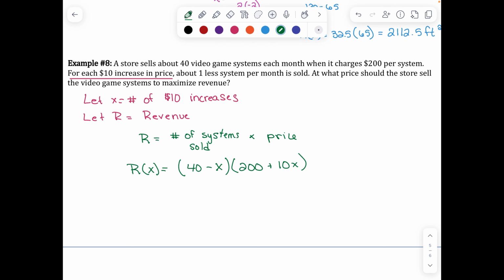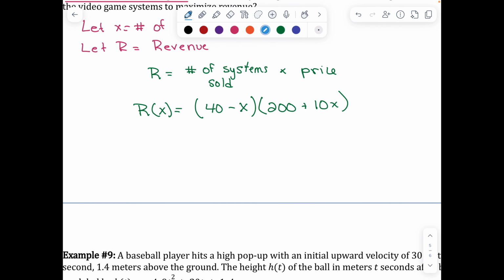Now we want to go ahead and find our zeros of this function, because instead of multiplying all this out, we already have it factored, so it's easiest just to find your zeros and then average our zeros. So I would say 40 minus x equals 0, or 200 plus 10x equals 0. So here I end up with x equal to 40, or 200 equals negative 10x, so x equals negative 20. So these are my zeros